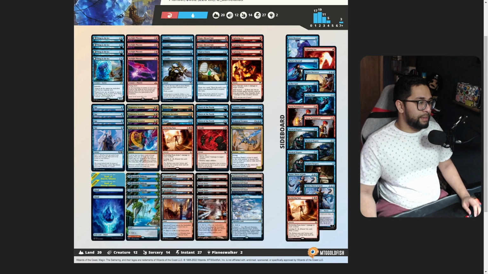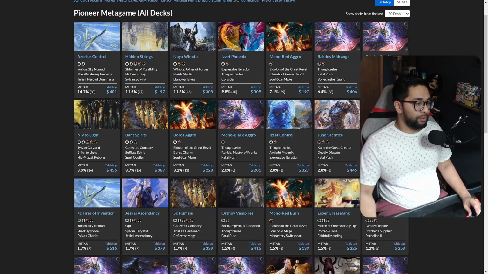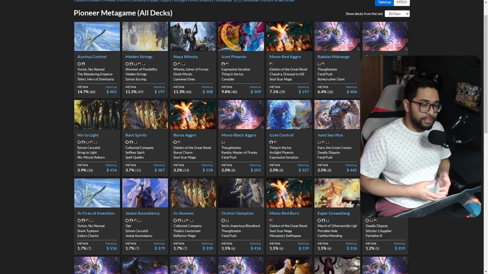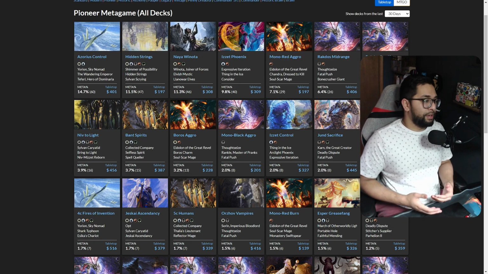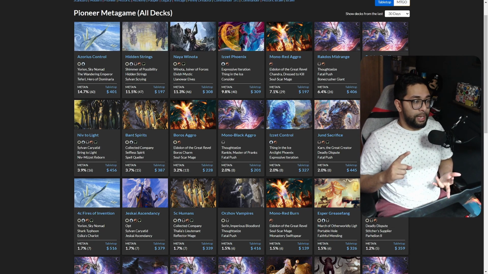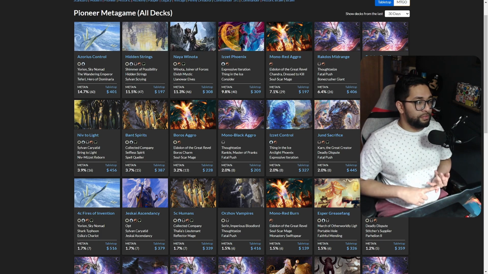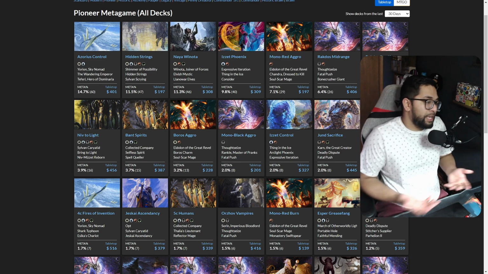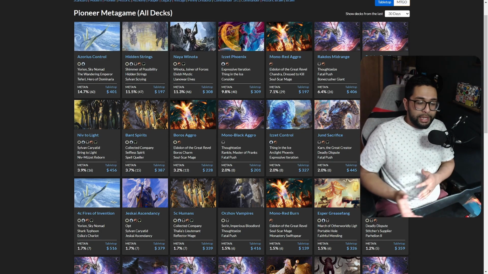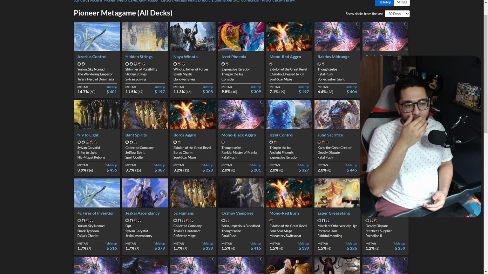The Pioneer metagame itself has a lot of established archetypes, which is nice. There isn't a terrible amount of variance. You're going to be playing up against control decks, combo decks like Hidden Strings, aggro tempo decks like Izzet Phoenix, Naya Winota, which is aggro combo, and you have a plethora of other things, Bant Spirits, Niv to Light. There's so many things that you have to play against, but generally it's like Modern in the sense that you